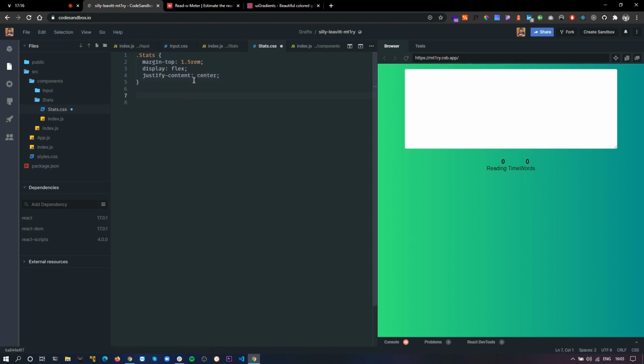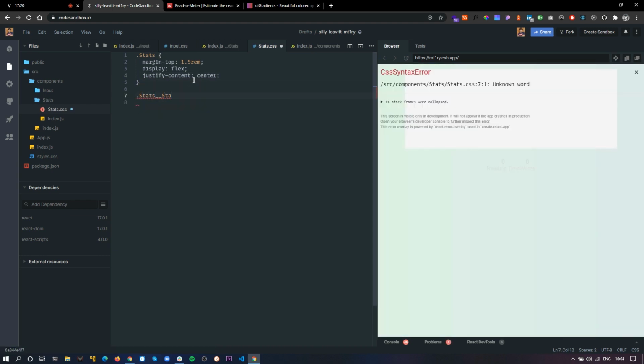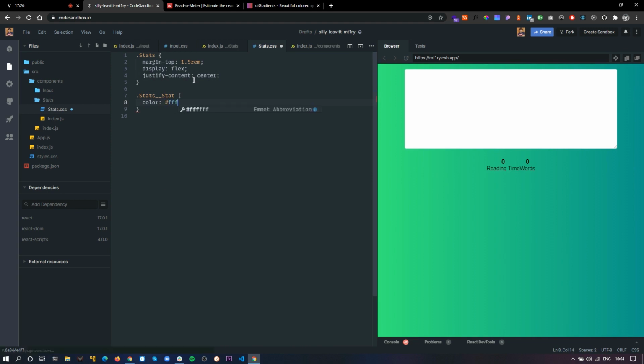And now let's go for individual stat components. One thing that I need is color to be white, and one more style will be to get some spacing between these two.